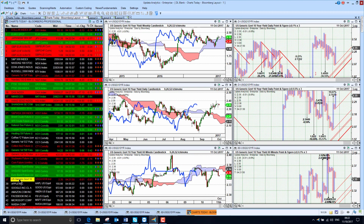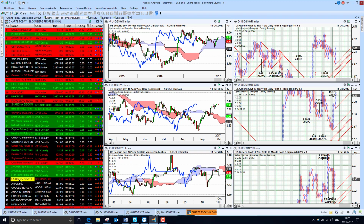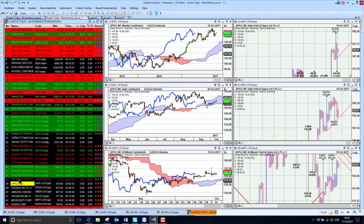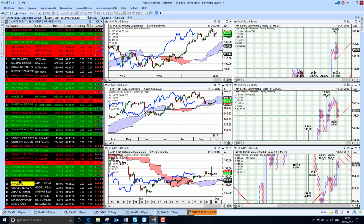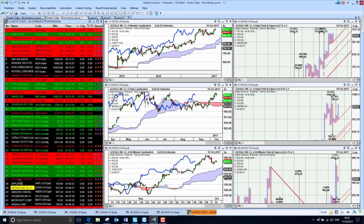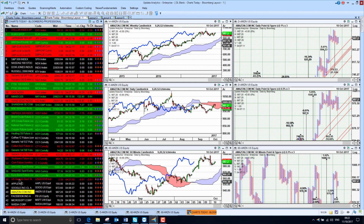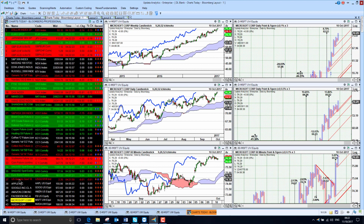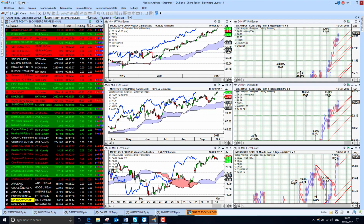US Treasury yields falling back a little bit from that 2.4 level. We're seeing now about 2.35%. Apple holding its gains in its recovery, looking quite a lot better than it was. Google still looking strong, Amazon looking strong, Facebook also looking fairly bullish above the cloud, and Microsoft continuing its march, looking strong as well. So all in all, markets fairly quiet, and it's just a case of watching for the